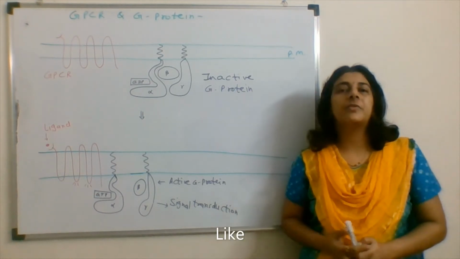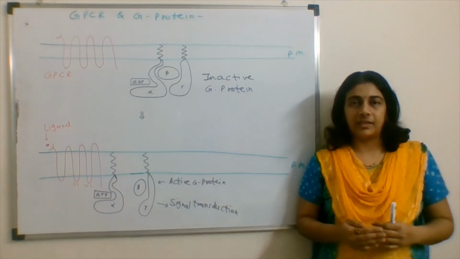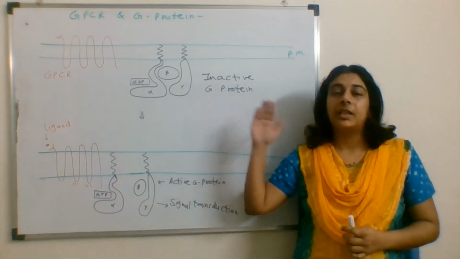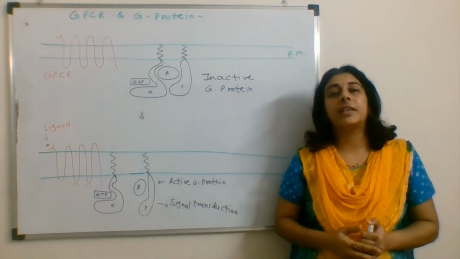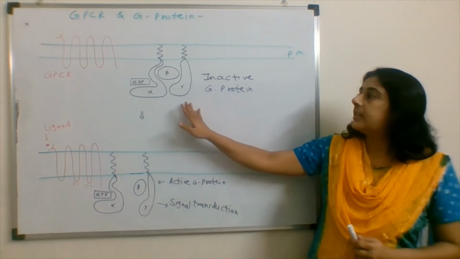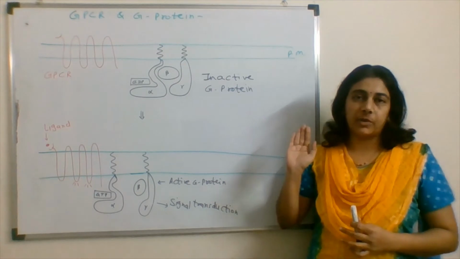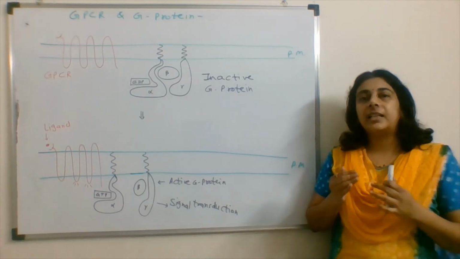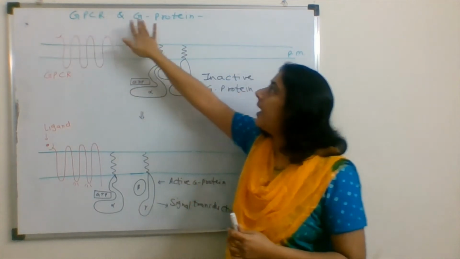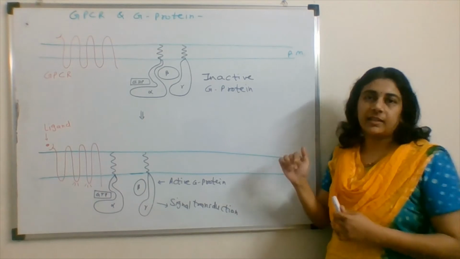See, this is a question from cell biology and this is related to cell signaling. So the signaling which is related to this G protein is giving signals for taste, smell. Here in this diagram I have shown GPCR and G protein. What is GPCR? It's a G protein coupled receptor and G protein. So try to understand this first.